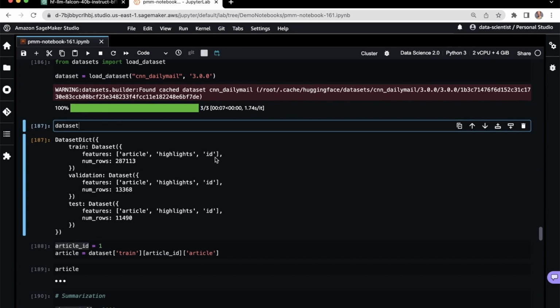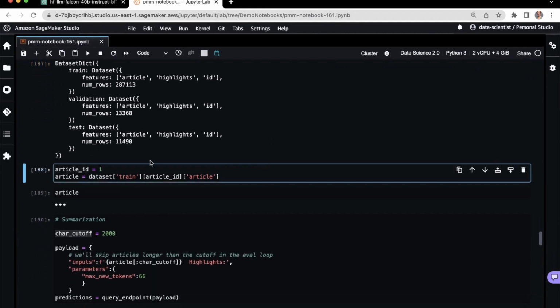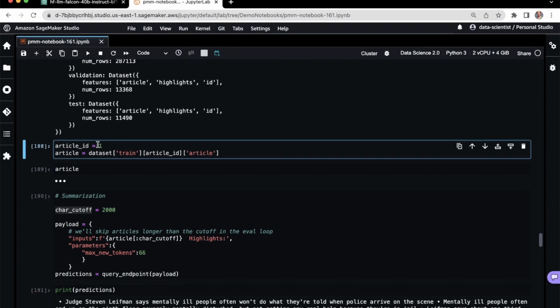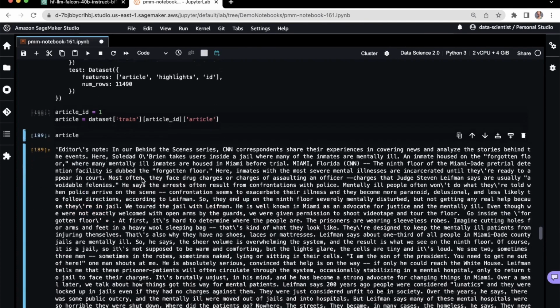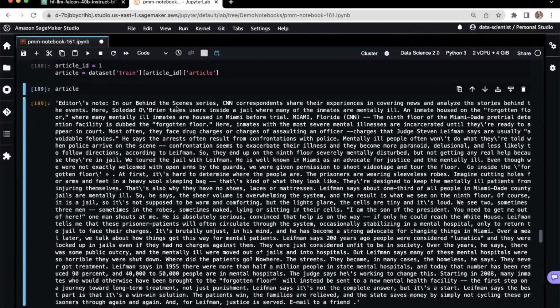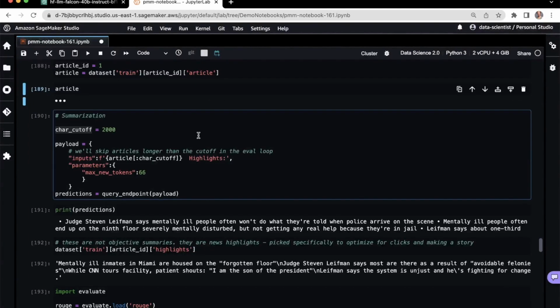We're just going to use the training set here. The loop we're going to run through is quite small for the purposes of the notebook, but you're welcome to, of course, extend this as you're interested. So just to give you a couple examples of what the dataset looks like, we're going to send in this article ID, just the oneth, and then point to an article. And here we go. And so we have some article. It seems to be about Miami. And let's see if we can get a summary from this.